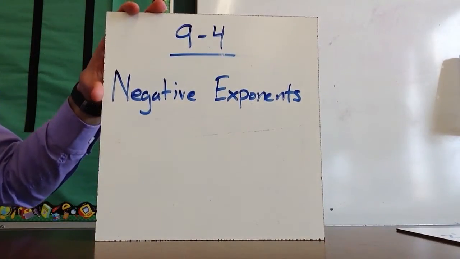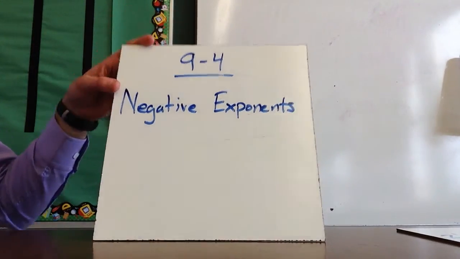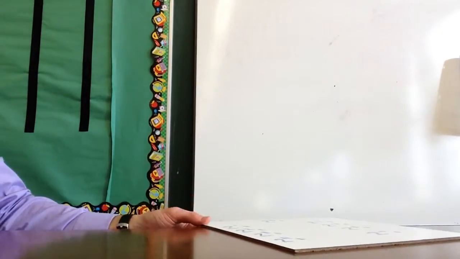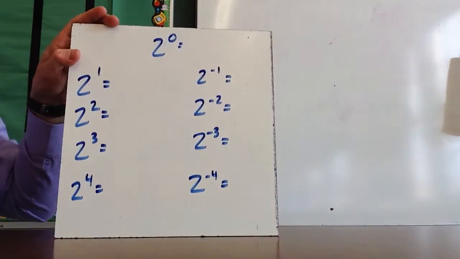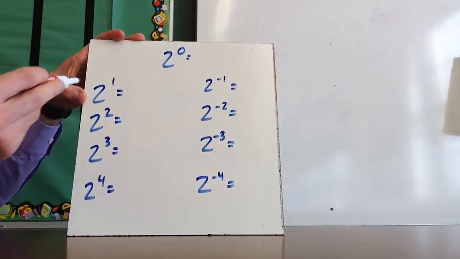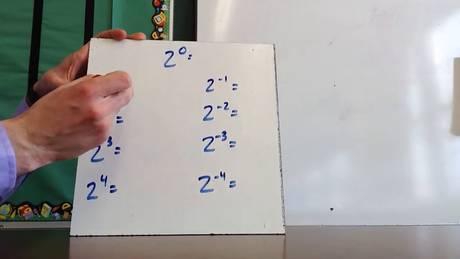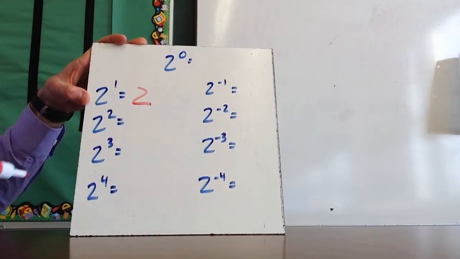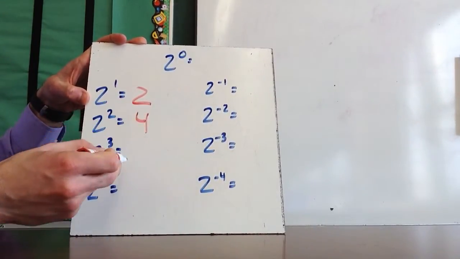Today's video will discuss chapter 9.4, negative exponents. So I want to start by taking a look at a pattern that's really important to understand if you're going to understand negative exponents. Let's start with this left side, which most people can kind of see: 2 to the first power is 2, 2 to the second power is 4,